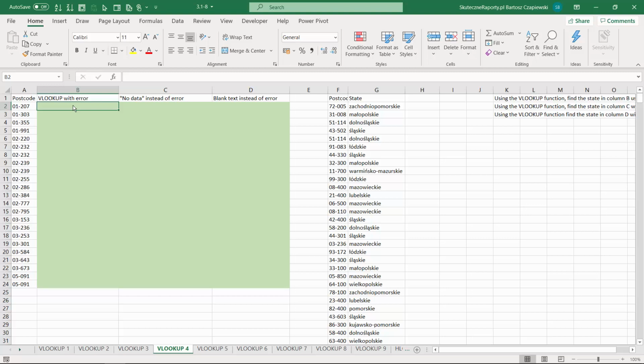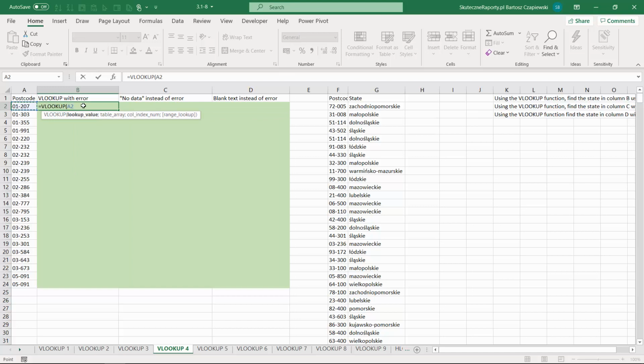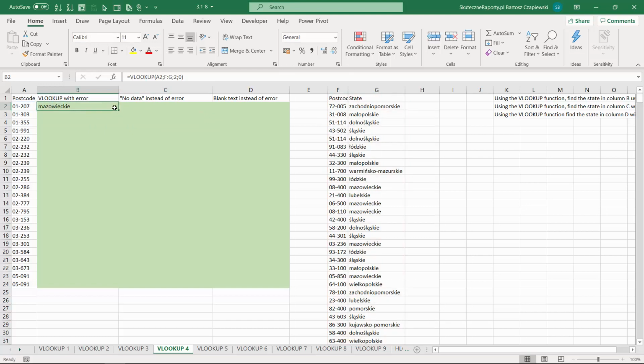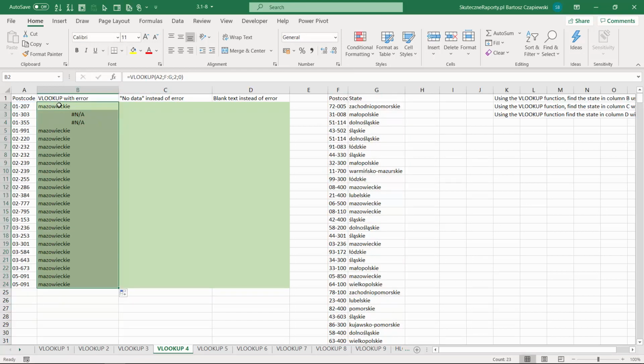If you're looking for the information, the order of the data you can find in here doesn't matter, and the VLOOKUP formula will always find just the first element, the first postcode in our case. But there are scenarios where you are looking up the information, like in our case the state value, and in some of the cases you won't have this postcode in the postcode list, or you won't have the product on